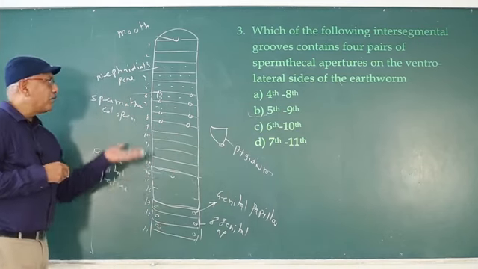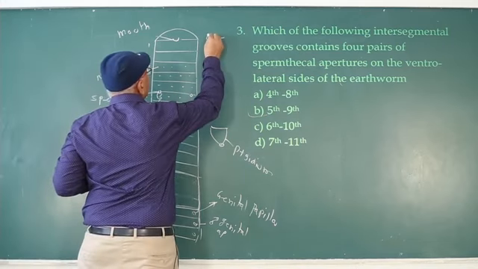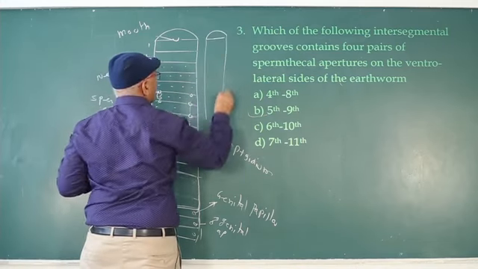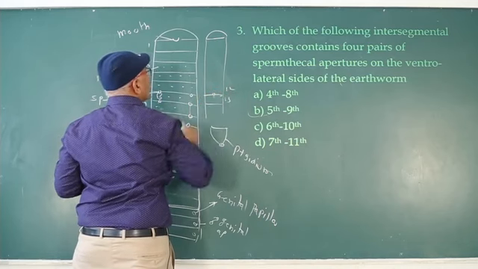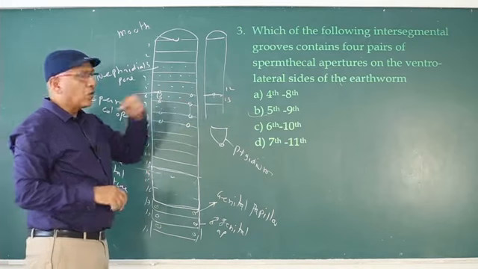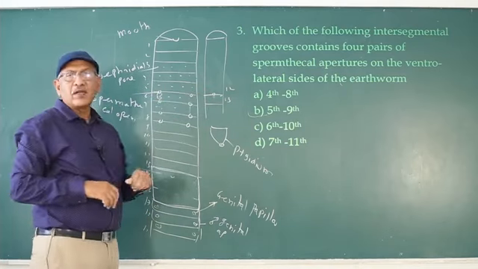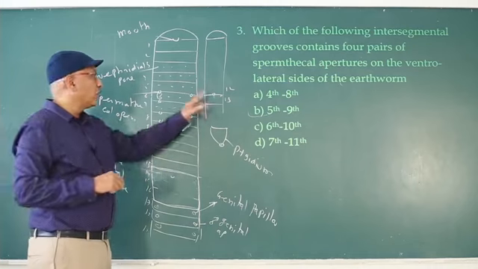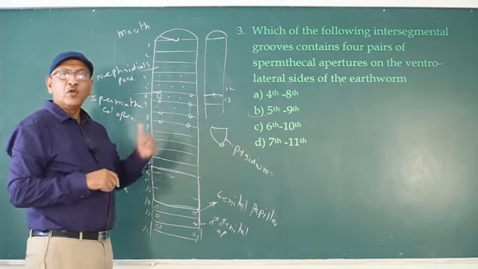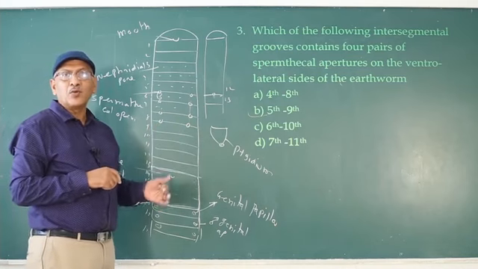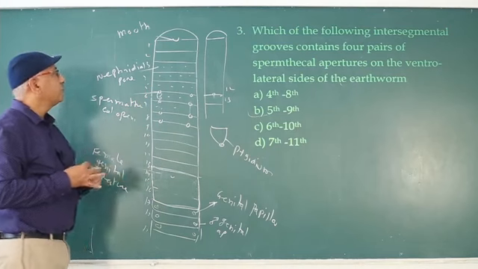So in this manner, with the help of the diagram, on the dorsal surface, dorsal pores are present. Dorsal pores are present from the 12/13th groove onwards. Each groove contains one dorsal pore. The coelomic fluid oozes out through the dorsal pores and keeps the skin always moist.